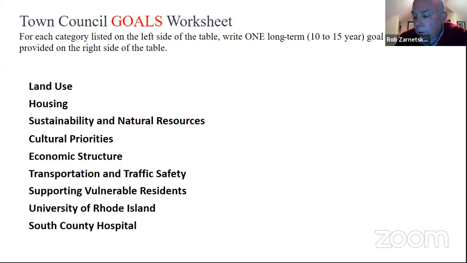Other things, what about the beach tourist stuff? Is there anything in that area where we should have some sort of policy goal? Is it preserving the beach areas and coastal spaces as they are? Is there change to be done? Do we want to rebuild a boardwalk? What do we want it to feel like 10 years from now on the beach in South Kingstown?